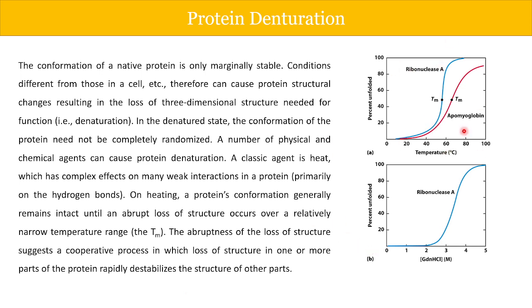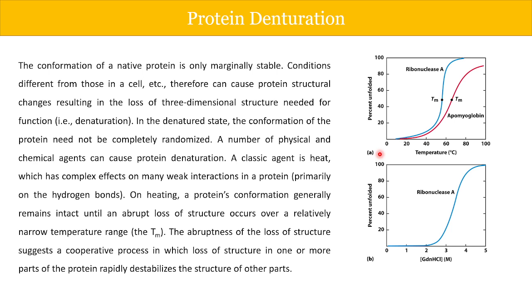Now, this is a lot of information. What is mostly important here is that the loss of three-dimensional structure of a protein is termed denaturation. Second point, denaturation can be caused by different chemical as well as physical agents. From the chemical perspective, there are different chemicals which you can apply to break the bonds. From the physical point, the most important is thermal energy, or the heat generated. So when you apply heat, it breaks the